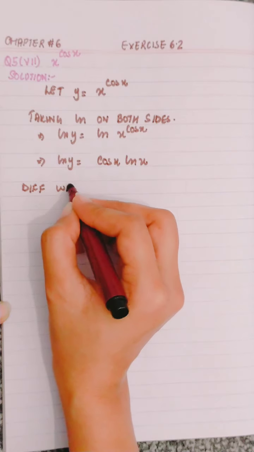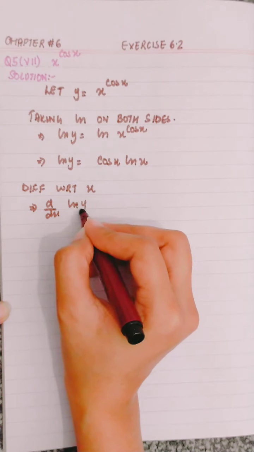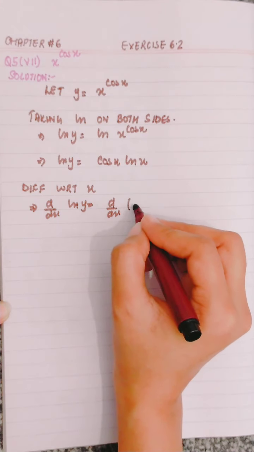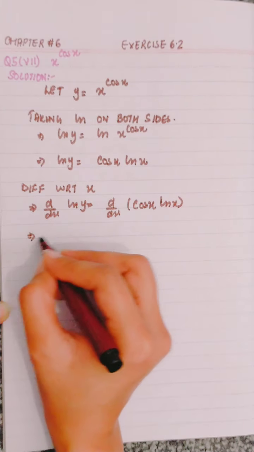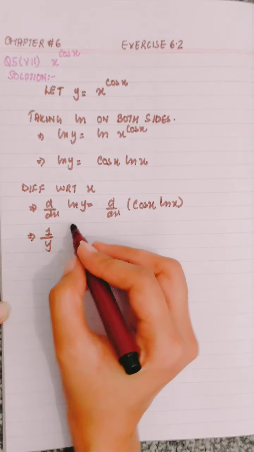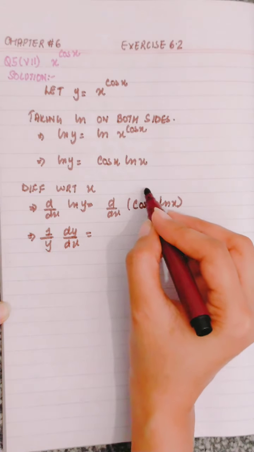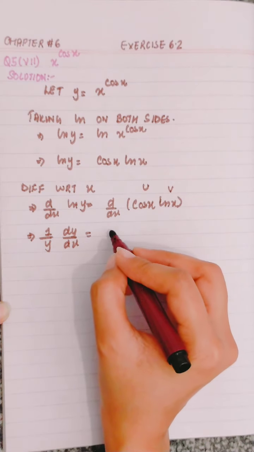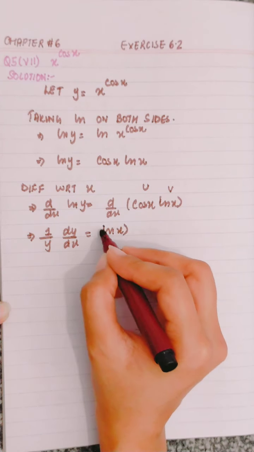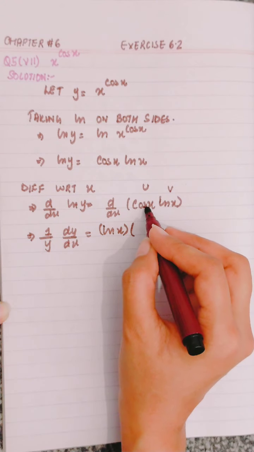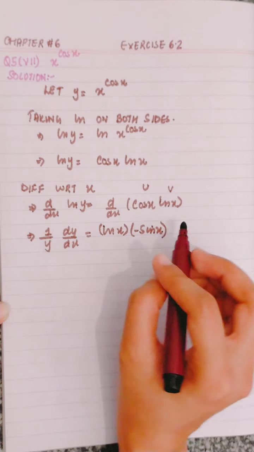Now differentiating with respect to x, so d by dx of ln y is equals to d by dx of cos x ln x. ln का derivative is 1 over y and then y का derivative, so dy by dx. Now this is u and this is v, so it will become v derivative of u. So u is cos का derivative is minus sin x and then x का derivative is 1, so it's okay,